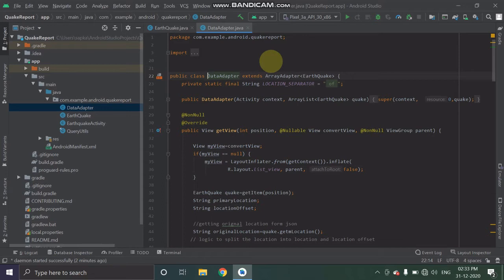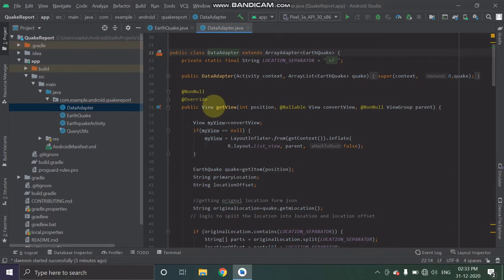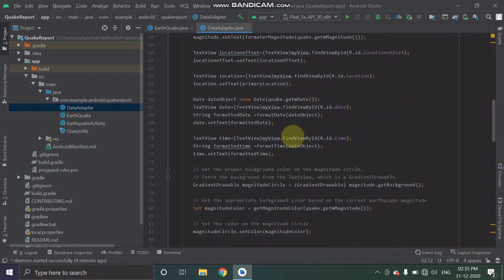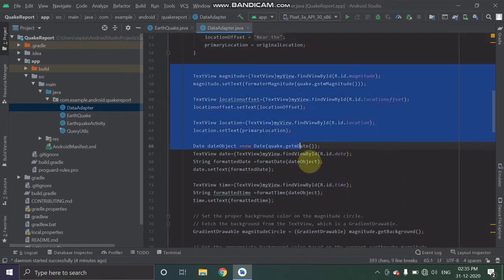That's why we have to use this customized data adapter. We have to override the getView method from the array adapter class. This method is responsible for the display of views. And following are the methods that we are using to format the information to display it on the user interface.